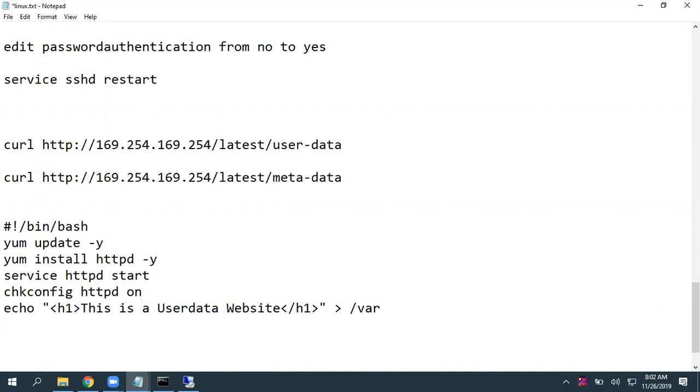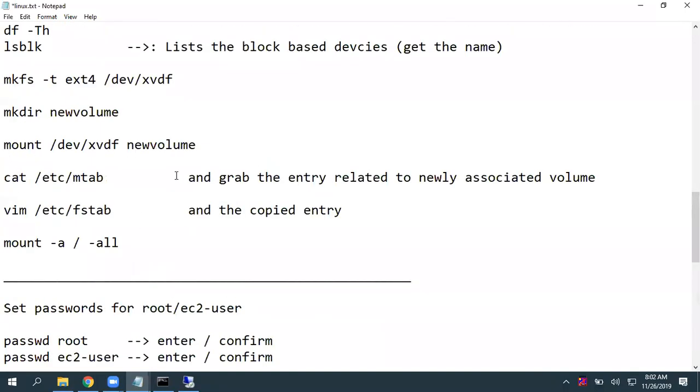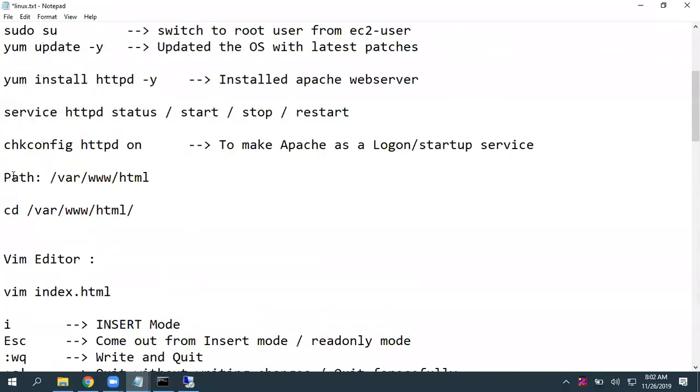See, in our Windows, I gave D drive, then it created a file there. If I give F drive, it creates the file in F drive, right? So I want to create a file called index.html under /var/www/html. Why? Because yesterday we discussed that /var/www/html is the path of the public document root location.